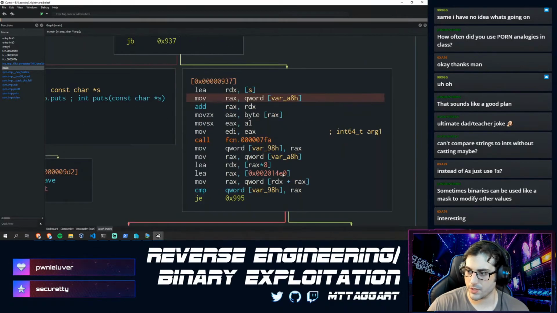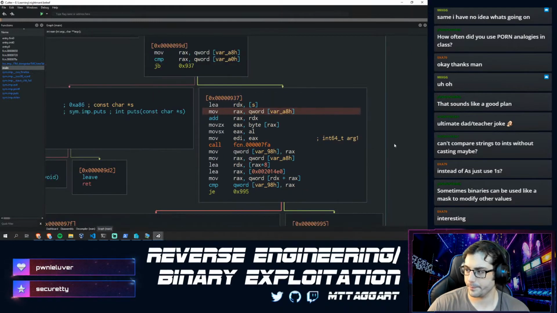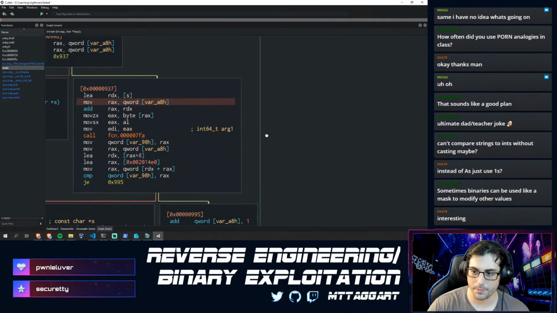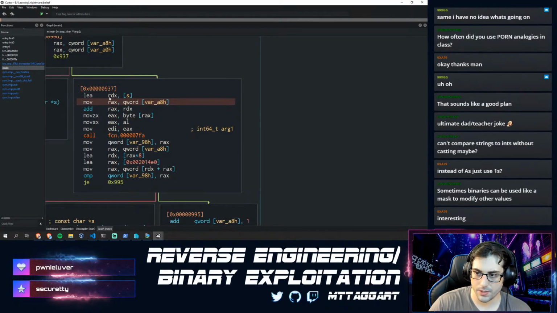Computer, enhance. Man, look at that font rendering. I'm so used to the terminal, it's so crisp. Okay, so we load the S, whatever it is, into RDX. Then we move 8H, which is